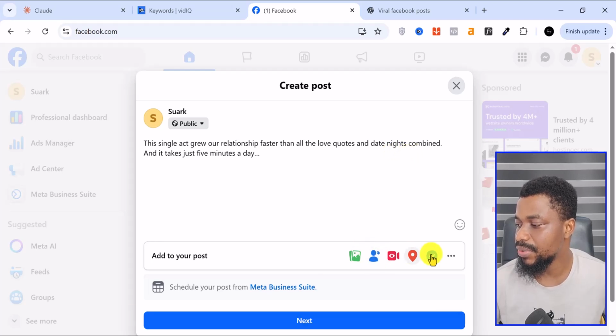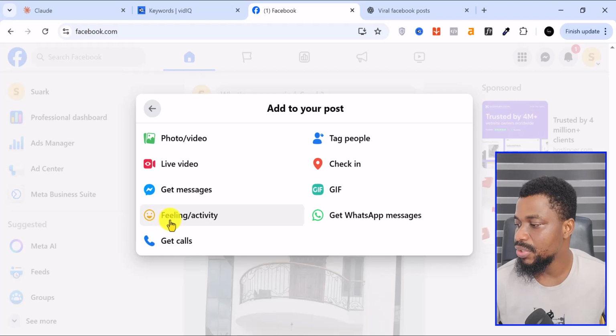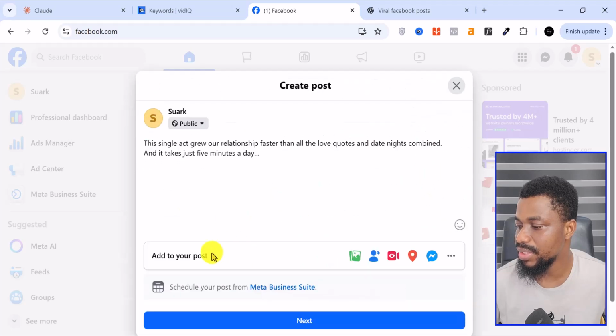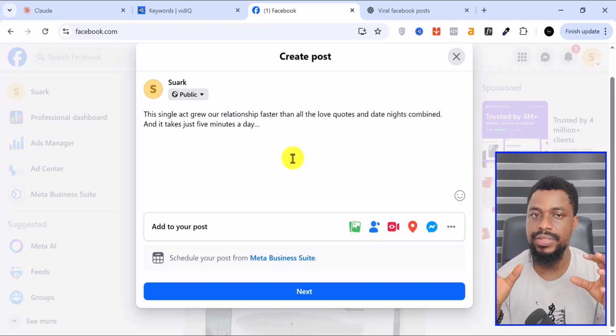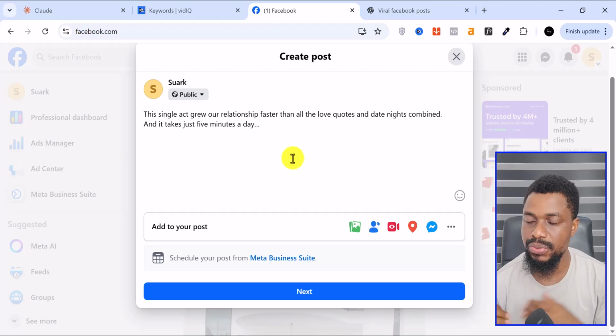Another thing you can do is if you click on this, you should see something called the background. All right. So you want to give it a background so that it pops. For some strange reason, I'm not seeing the background here, but if you're on mobile, you see different kinds of backgrounds that you can use. You can use black and white just so it stands out, or you can use blue and white and all of that.